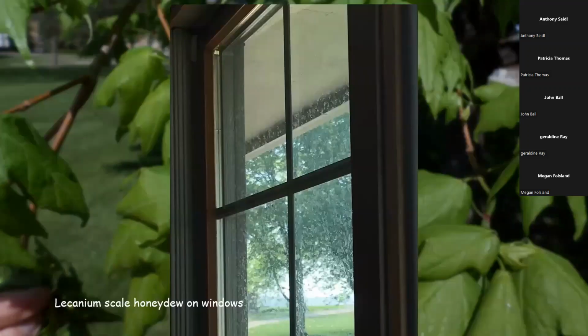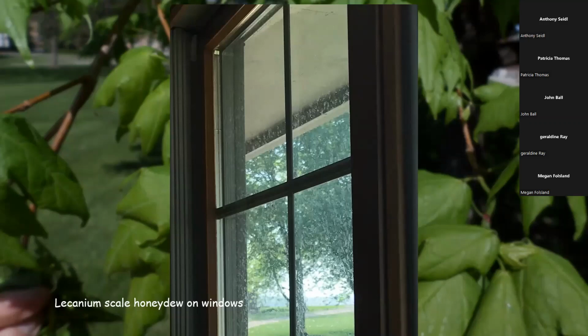Some of the other things is you can find them covering windows. Look at that window. And the call was not because there was an insect, though they suspected something must be doing this. But the reason I was called is they said our windows are covered with this film. You'll also find the film on any cars that are beneath the trees, any patio furniture beneath the trees. And again, that's going to occur on the soft scales that are excreting out all this honeydew.